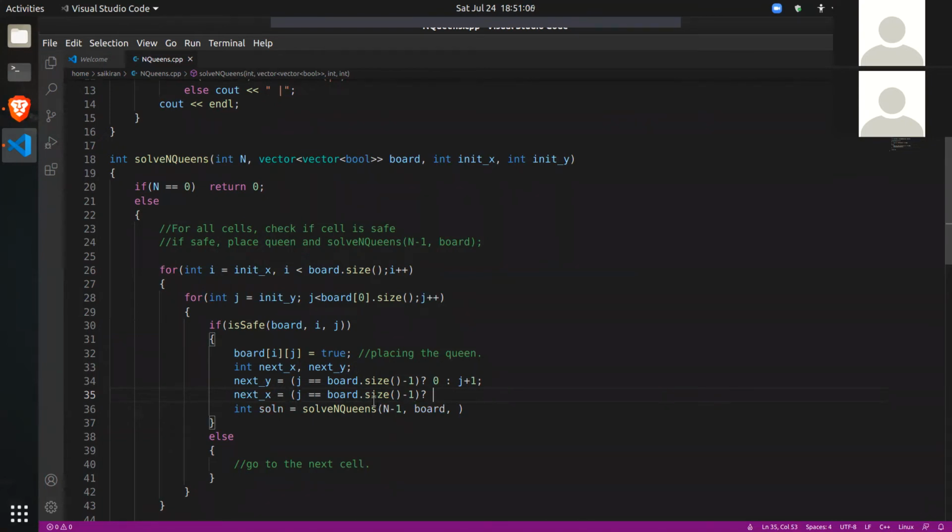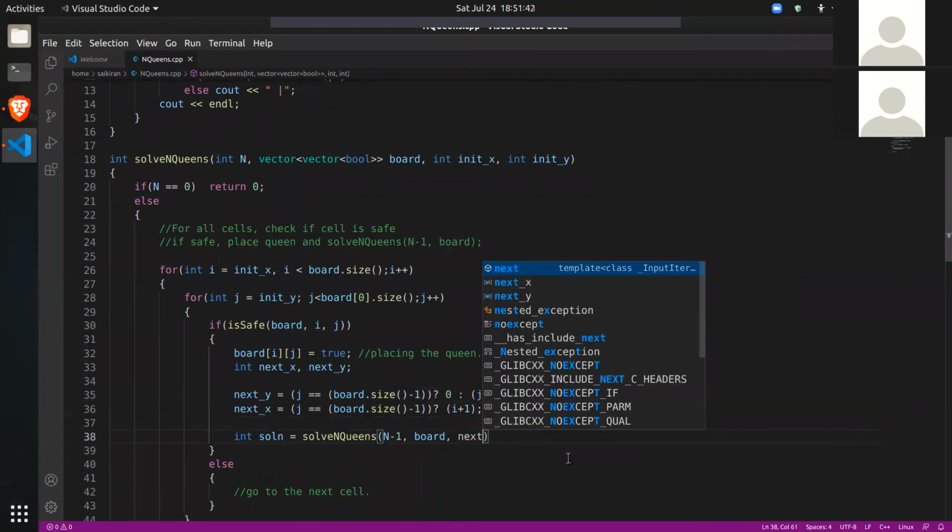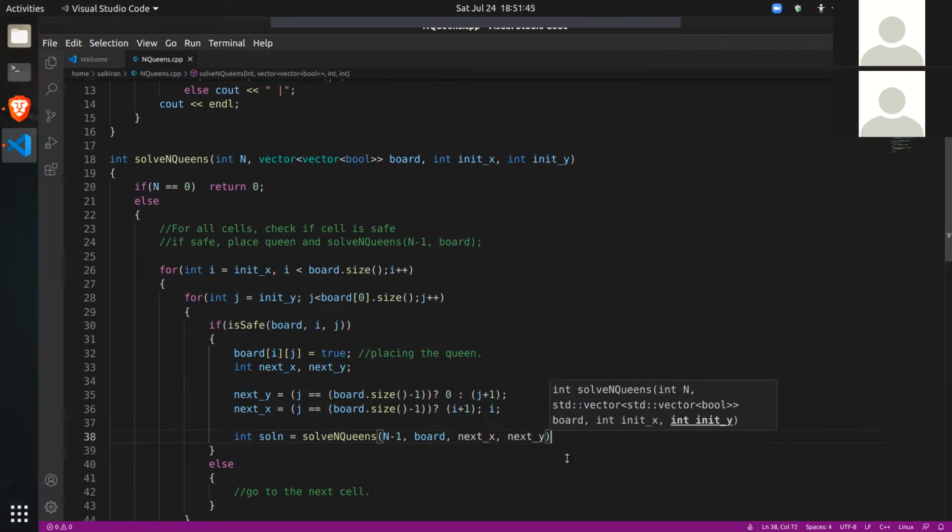Then if it is in the last column, then the next x will be i plus 1, or else it will just be i. Okay, let me just put this in parentheses. So I hope this piece was clear. I'm just assigning the next position for searching. Next x, comma next y.